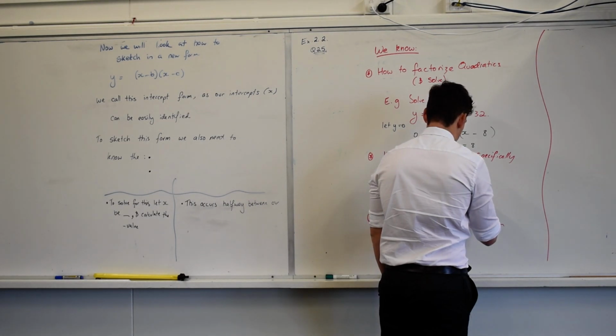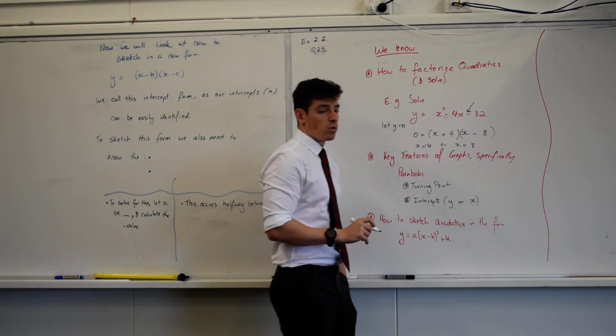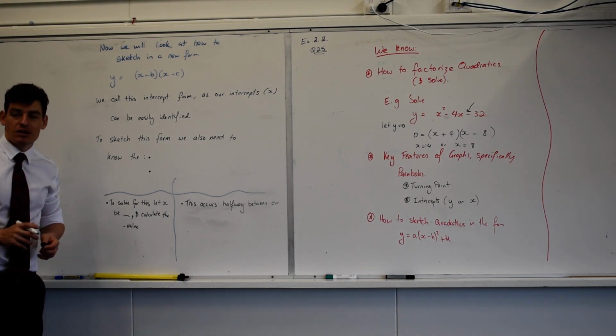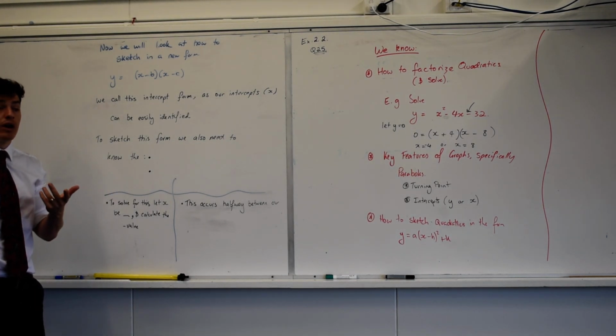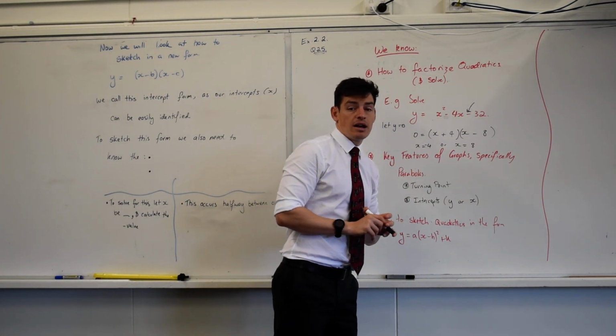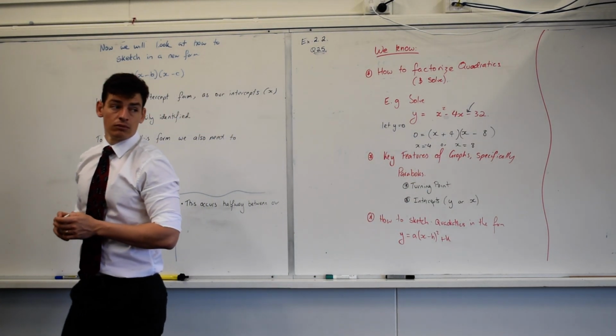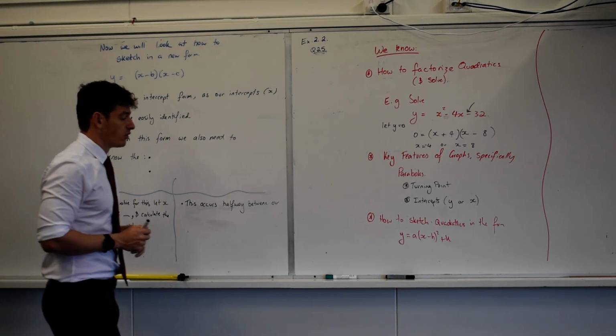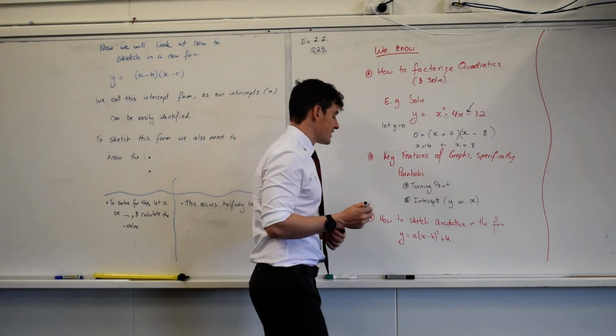Y-intercepts or X-intercepts. How many Y-intercepts will we ever see? 1. How many X-intercepts can we see? Could be any number. With a quadratic, it could be 2, it could be 0, it could be 1. Happy with that? Awesome. And we know how to sketch quadratics in the form y equals a(x minus